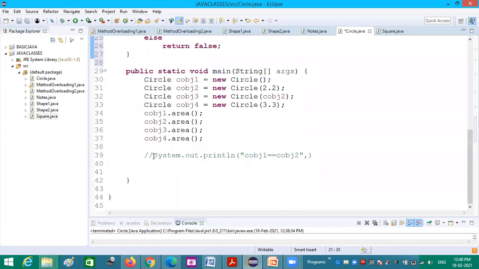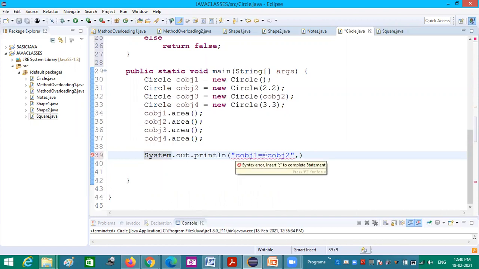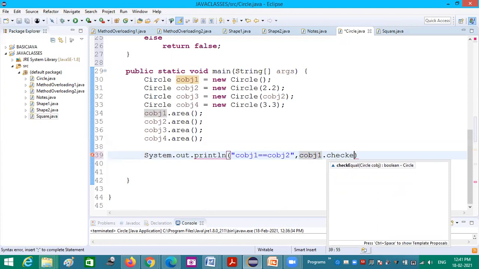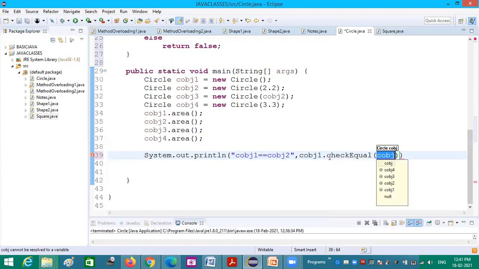Now, inside the program, I am giving system.out.println, first object equal to second object. For that, how should I call it? C object 1 dot checkEqual of C object 2.